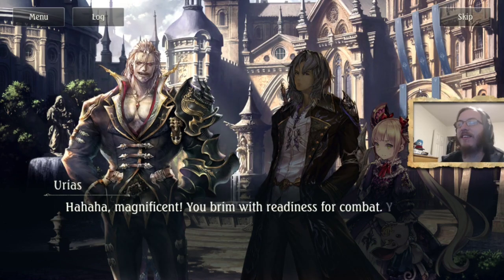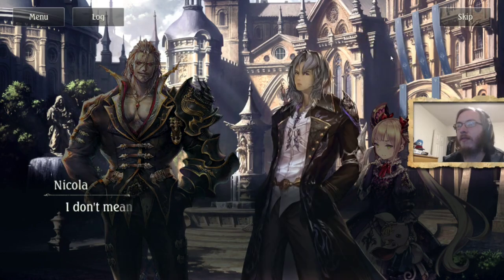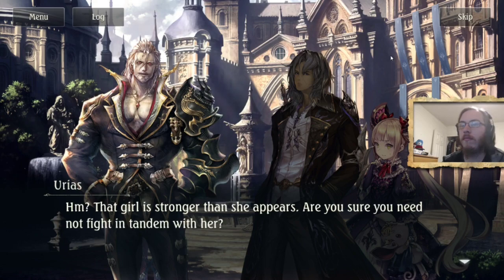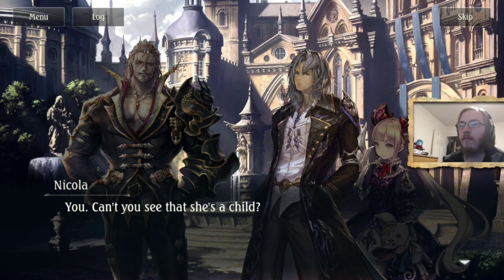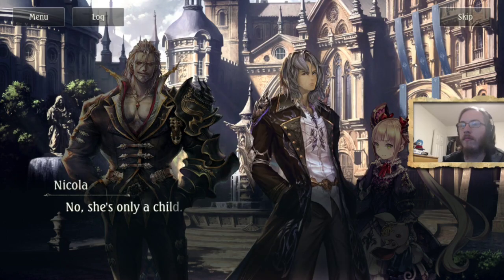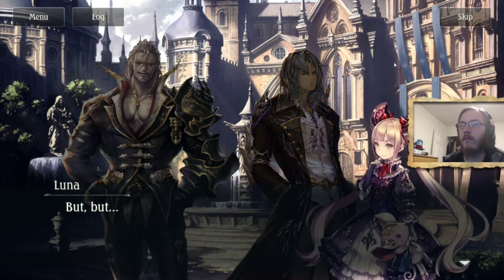Magnificent. You brim with readiness for combat. You will show me your strength, will you not? I don't mean to radiate anything. Luna, run away. That girl is stronger than she appears. Are you sure you need not fight in tandem with her? You? Can't you see that she's a child? She is no ordinary child. No, she's only a child. She's tiny, she's delicate, and she cries all the time. Go on, run away. But...